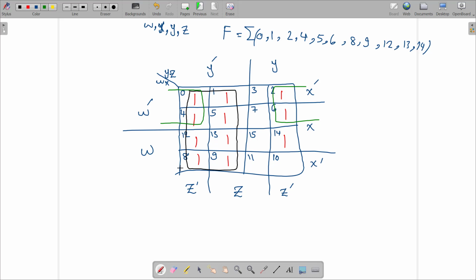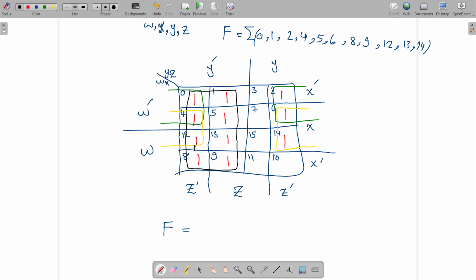What are the other maximum groups? Now, because here I have one that is ungrouped, I cannot select this one as a single group, because I want to draw the maximum possible group. Now if you look at here, these 4s are another group. Now if I want to write F equal to, in the case of the black group,